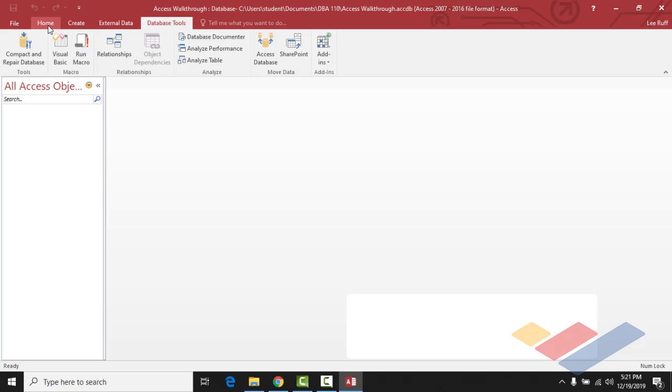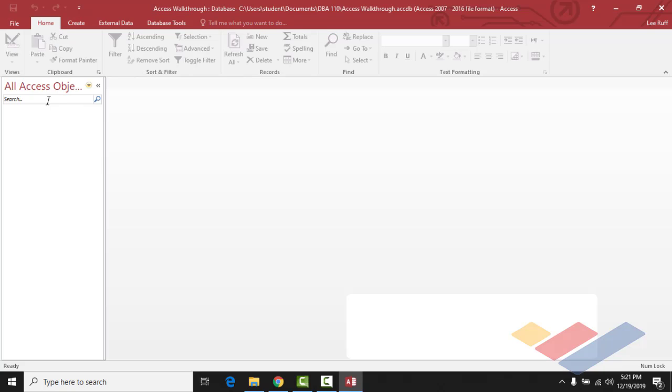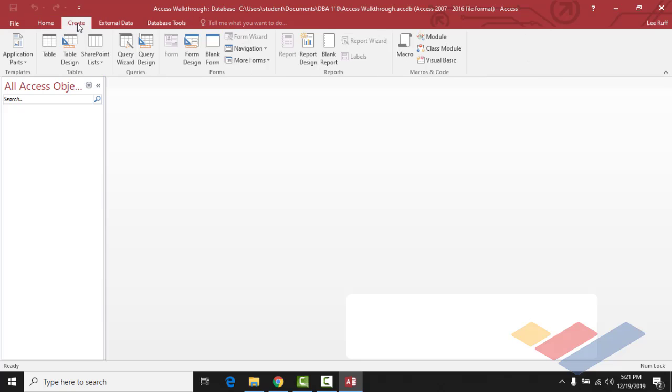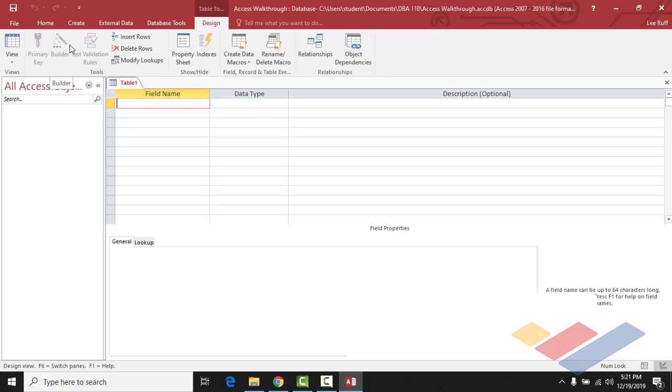Alright, so let me show you. We're going to go to the Home tab, and you can see right now this is set up to show all Access objects, and this database doesn't have any. I'm going to create a table, and I'm going to use a table design system actually. The main thing about tables is there has to be one field that is completely unique. It has data that's completely unique. It's usually a number or some kind of ID. I'm going to call this course ID,